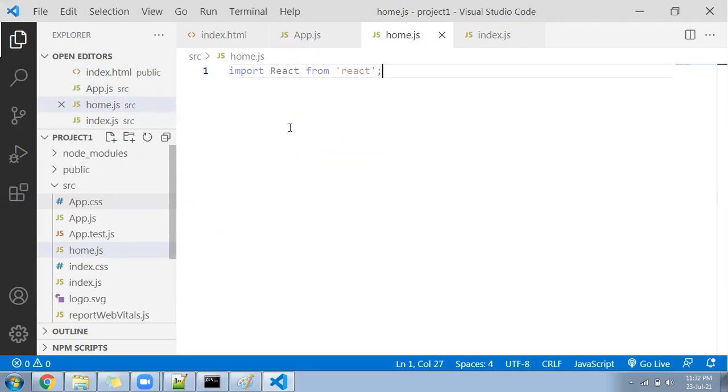Let me change the color combination, it may be helpful for you.